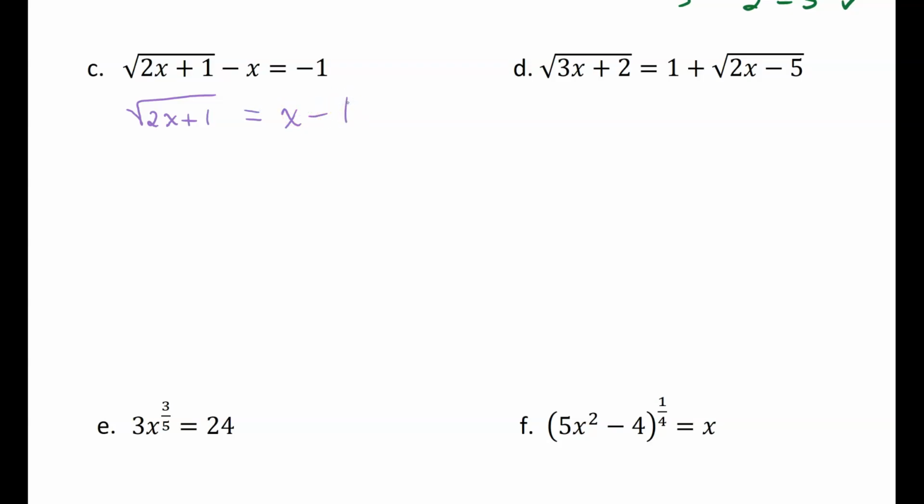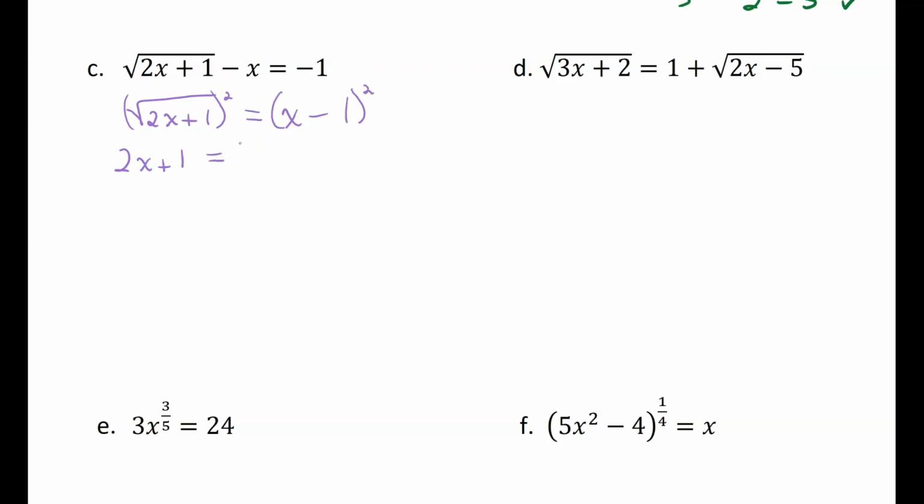All right, so again, I've got to get this x out of this radical. So I'm going to undo the whole thing by squaring it. And I have to square the other side as well. And here's the big difference between the examples we did earlier and now. Now I have a binomial on the right-hand side that I have to square. Okay, so the left-hand side, we have undone the radical. We have 2x plus 1 here equals